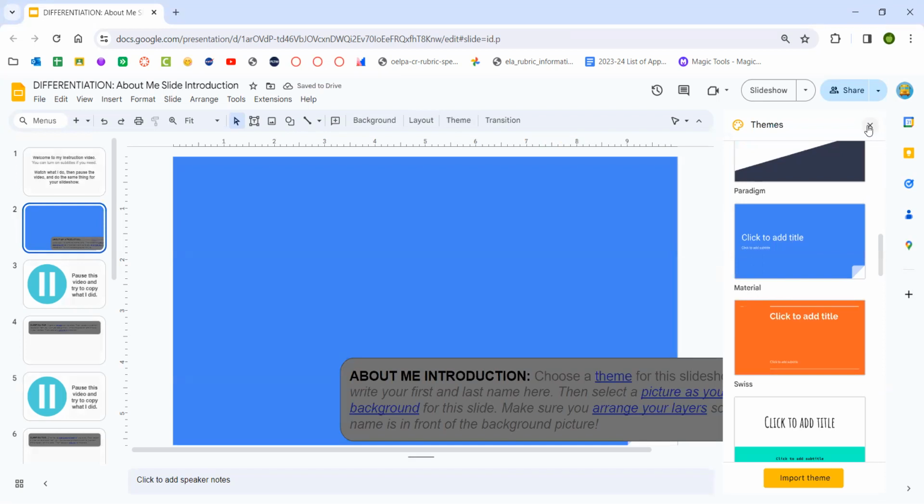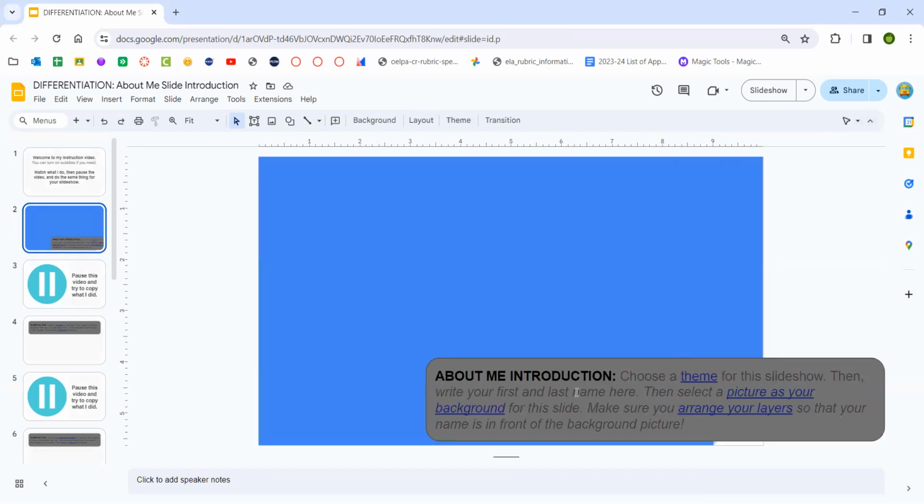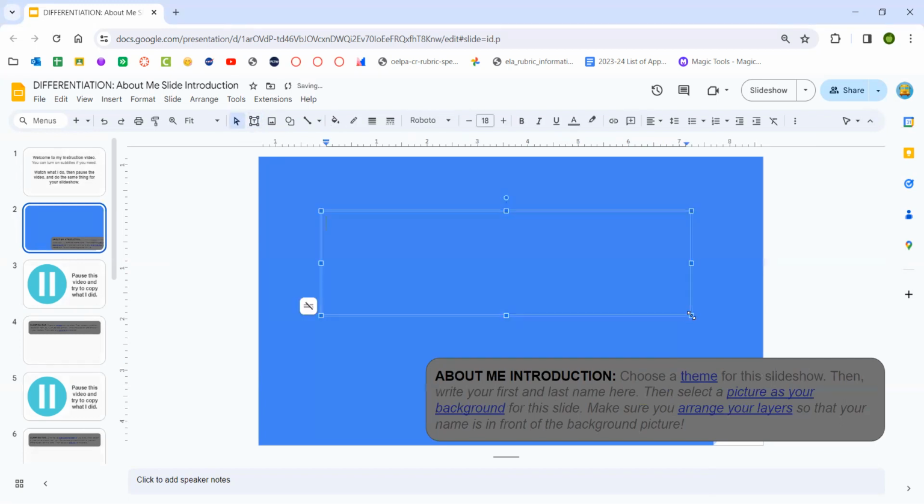Hit that little X. Then write your first and last name here. Okay, there's two ways you can do it. You can either select text box, drag your mouse, and type in first name and last name. You can highlight it, change the size, how thick it is, color, or